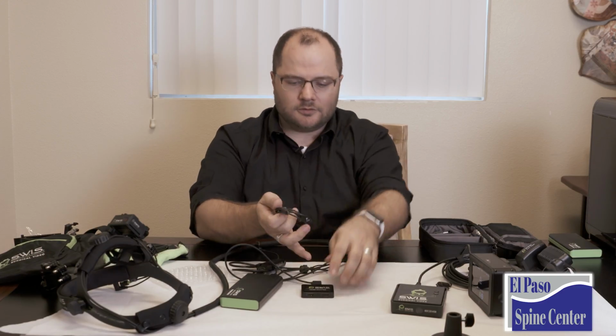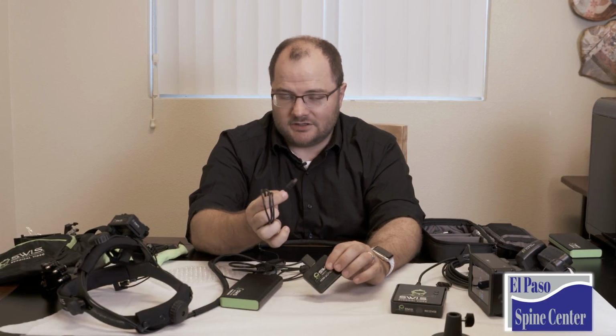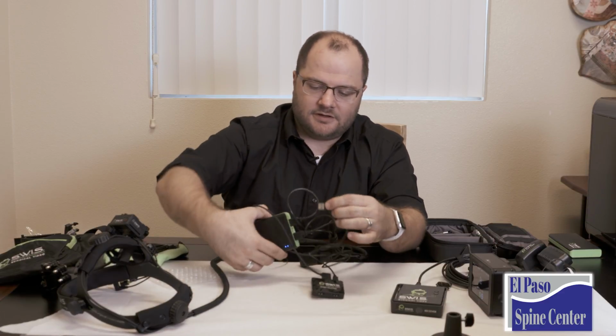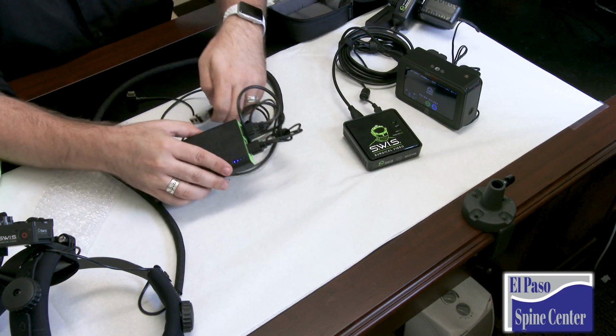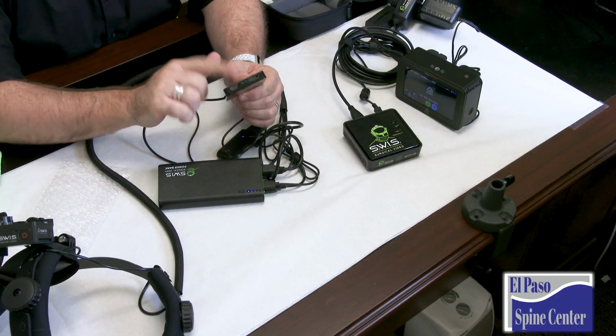Fortunately, I have one more mini USB in here. This one actually is a micro USB. I'm going to plug in my micro USB, and I'm going to plug this into the last port on my power supply. And now, besides a mess of cables, I have a split HDMI signal